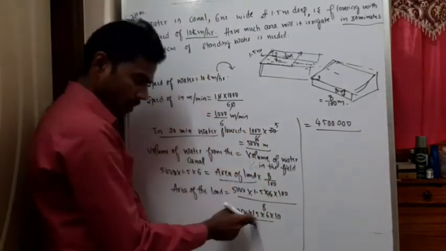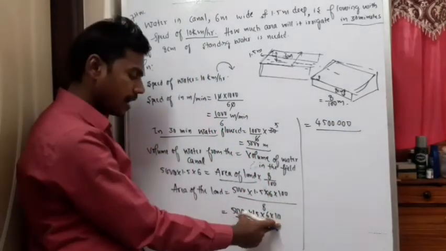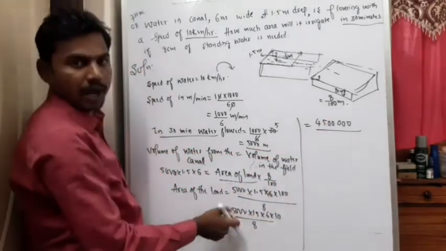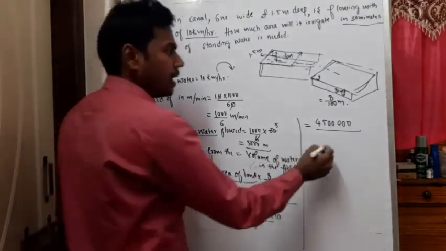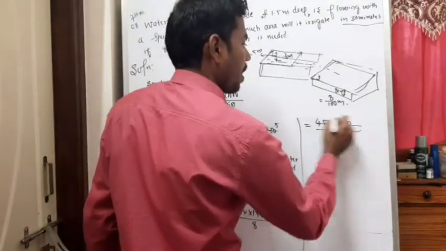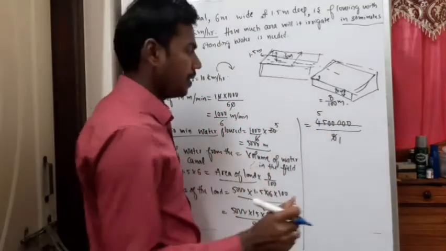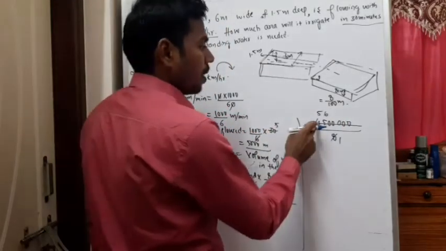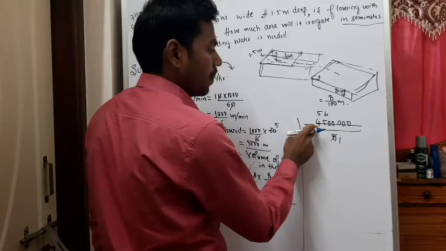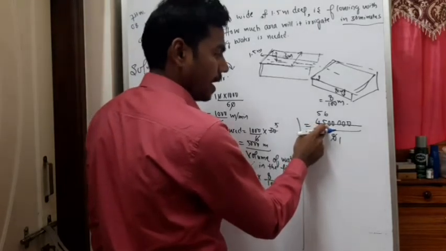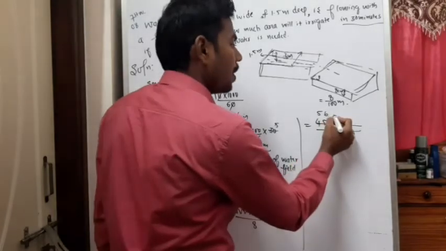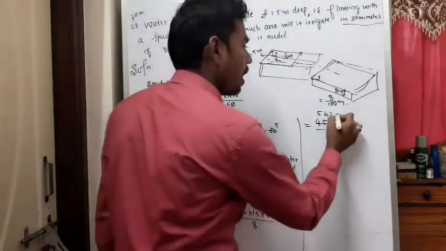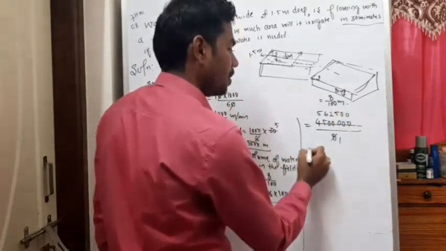I hope you understood. 15 6s are 90, 90 into 10, 900, 900 into 5, 4500, followed by these 3 zeros because I am multiplying. So divided by 8. 8 ones are 8, 8 5s are 40. 50 left. 8 6s are 48. 2 left. 20. 8 2s are 16. 4 left. 8 5s are 40, followed by 2 zeros.